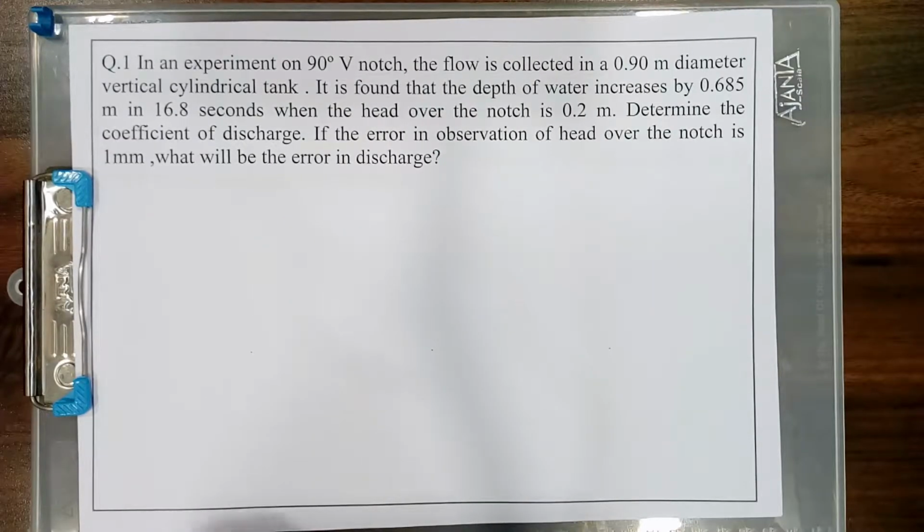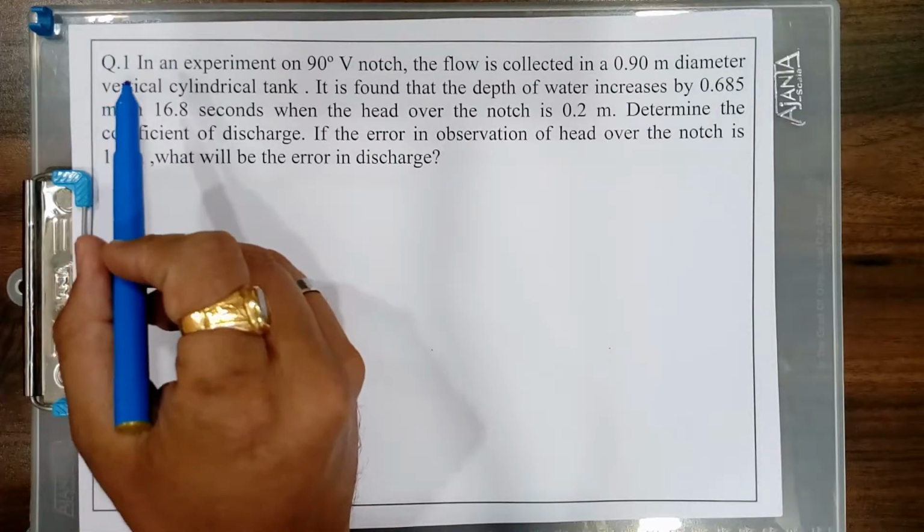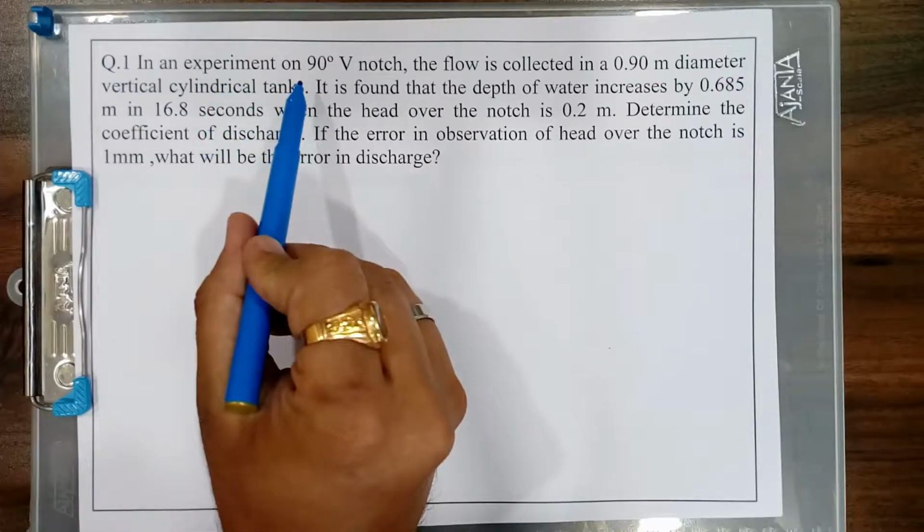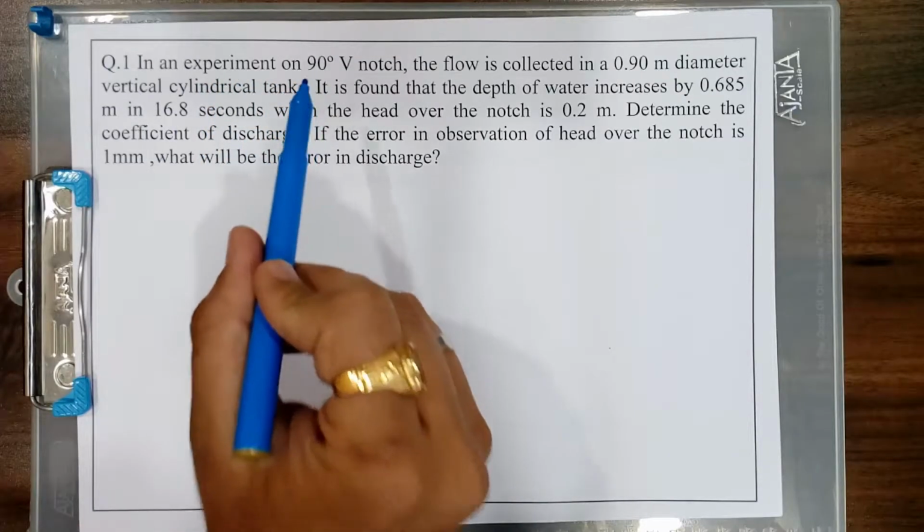Welcome dear students. Today in this video lecture we are going to solve the numericals based on the discharge through the notch and weir. So let's start with numerical number 1. In numerical number 1 it is given that in an experiment on a V notch of 90 degree, the flow